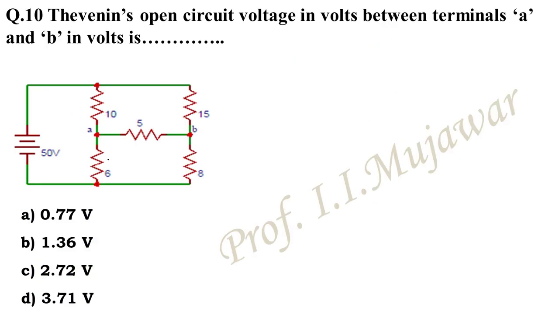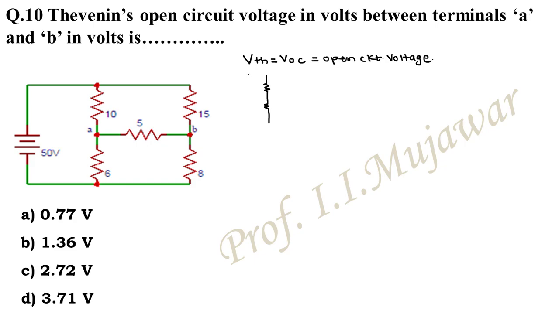Problem statement is: Thevenin's open circuit voltage in volts between terminals A and B is. So here we have to calculate VTH or VOC, which is nothing but open circuit voltage. That means in order to calculate open circuit voltage, the procedure is that whatever the load resistance is there, that load resistance is to be removed. So the equivalent circuit comes out to be,